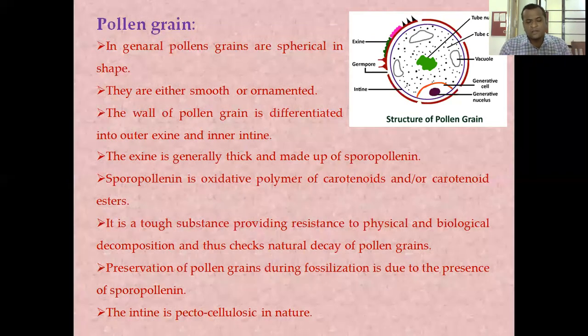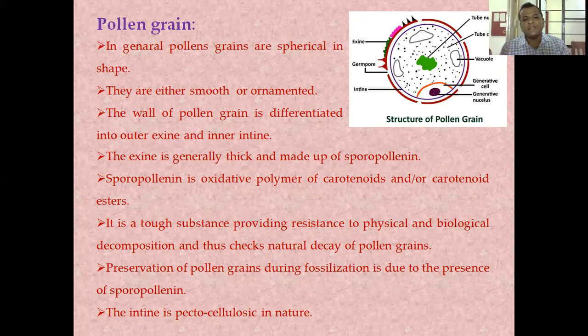Then the pollen wall, as I told you earlier, is differentiated into outer exine and inner intine. The exine is generally thick and made up of sporopollenin. Sporopollenin is an oxidative polymer of carotenoid and carotenoid ester. It is a tough substance that provides resistance to physical as well as biological decomposition, and it checks natural decay